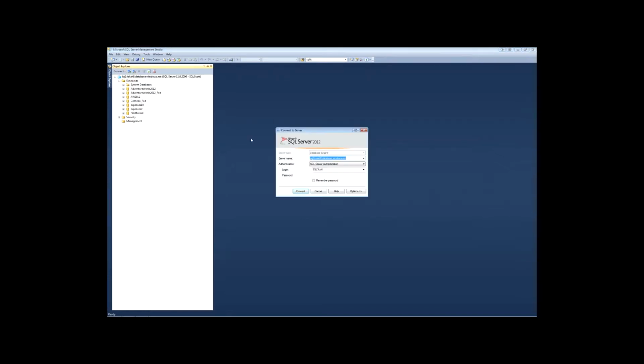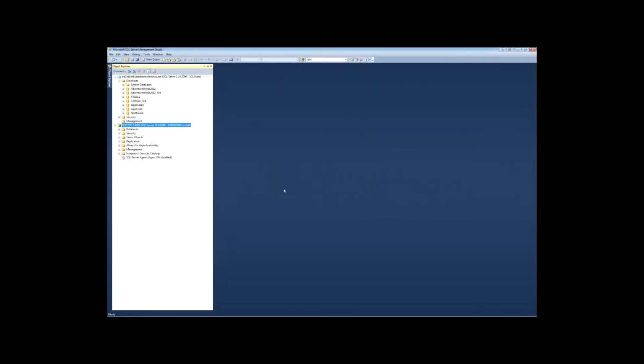And so now I've got SQL Server. I'm connected to my SQL Azure databases right through SQL Server Management Studio. There's my server connected, there's all my databases, and I can now work with these just like I can with on-premise. The only difference between this and on-premise is, if I connect to on-premise, let me do that real quick. There's on-premise, and if I pick a database and say new table,